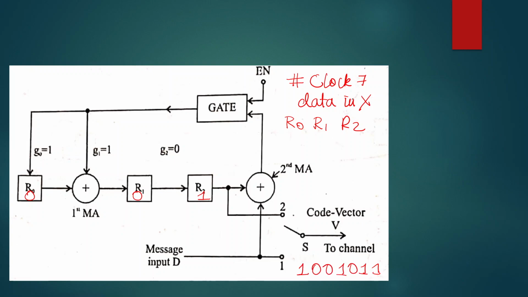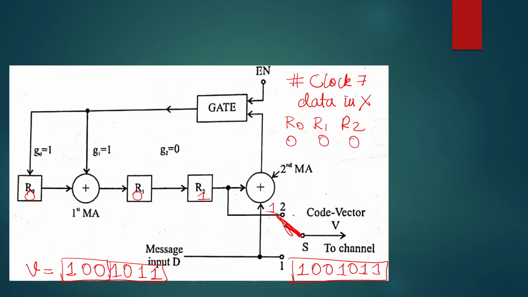Previously 2 zeros were sent. Now this one gets pushed out into the channel. So ultimately the contents in the shift register would be all 0 condition. So this is our coded vector. You can see V is given by 1, 0, 0, 1, 0, 1, 1. So this is our coded vector, out of which the last 4 bits are data bits. The first 3 are remainder bits that we are going to obtain.